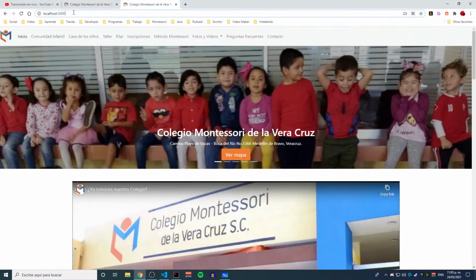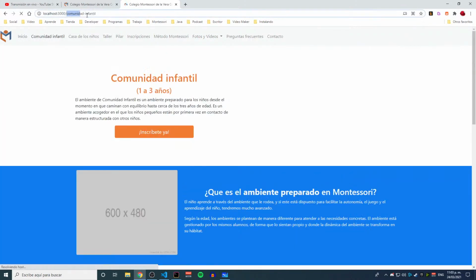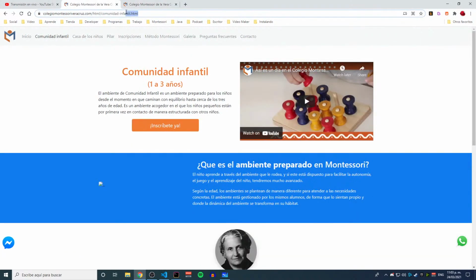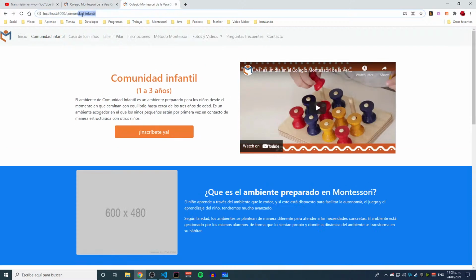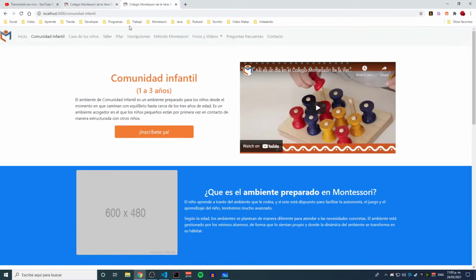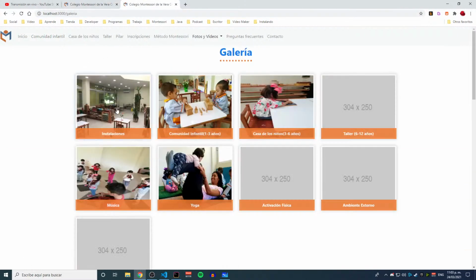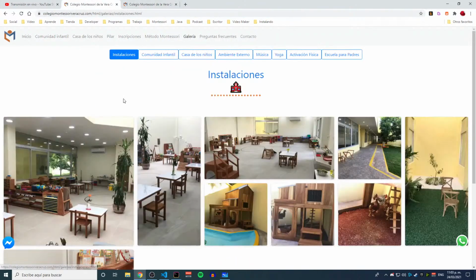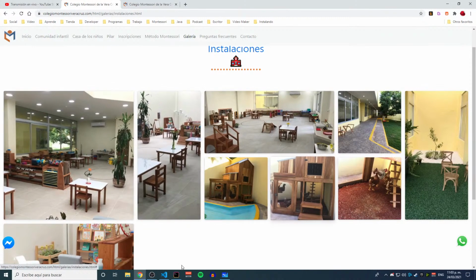For example, this one, comunidad. As you can see here, the main difference is that I don't have the .html at the end. It's just a path, which means that this is a GET request being processed, and I'm rendering back a web page in response. That's what I've been doing here. And in this case, in the gallery, if I press this button, I'm supposed to be rendering all this. So,